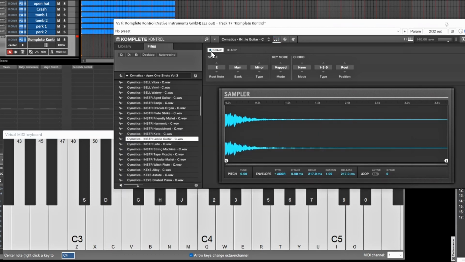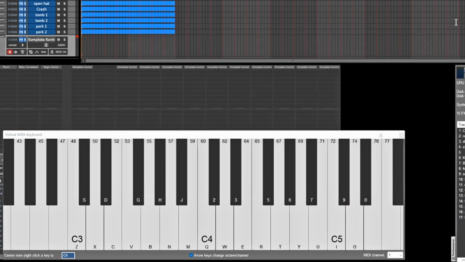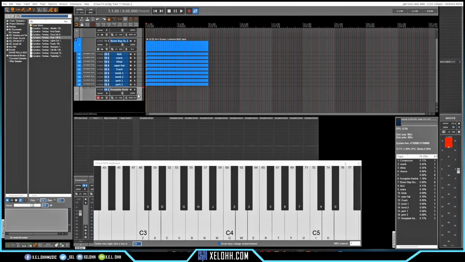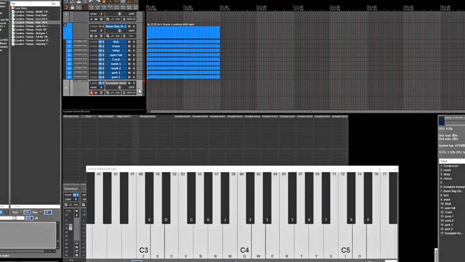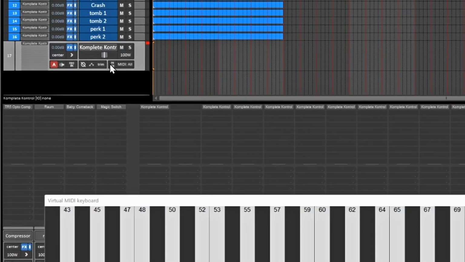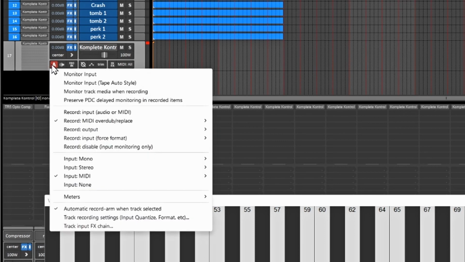I'm gonna turn off these scales, right? I'm gonna close out of this Komplete Kontrol. Here is one of the cheat codes I believe Reaper has, and it's really simple. So this effects right here that says show track input effects window, you can get here by doing a right click and track input effects,